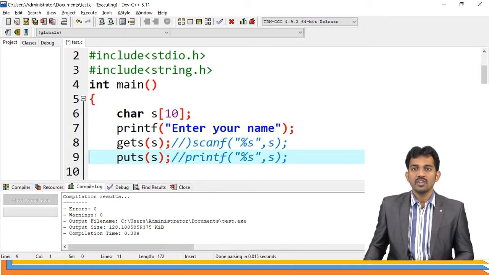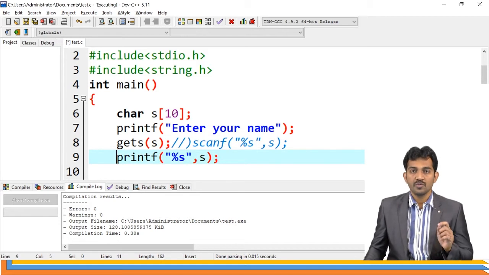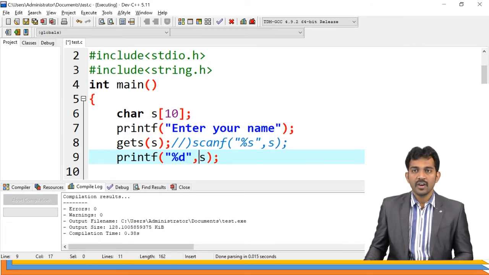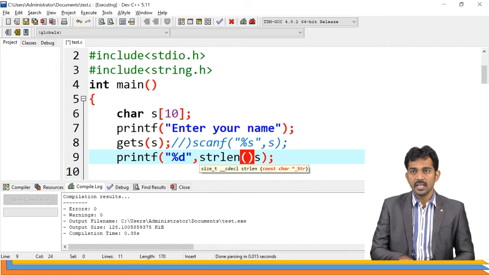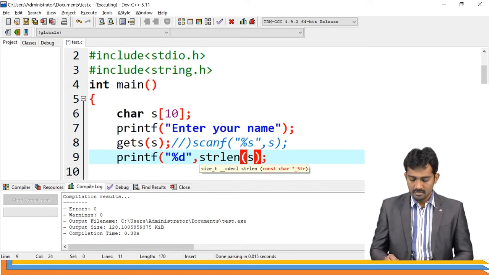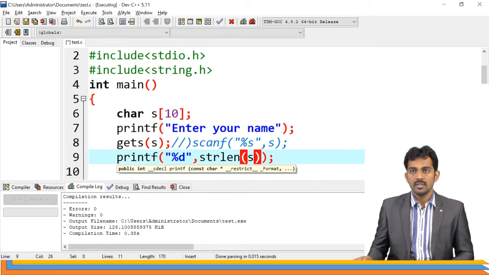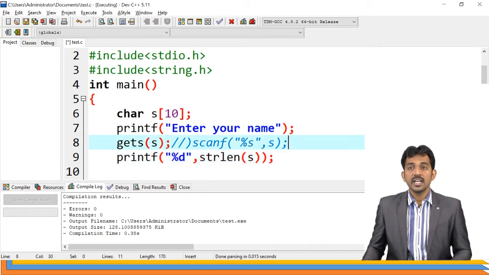If you want to print the length of the string, I should use printf, because puts is only used for string printing. My function name, as I just revealed, is strlen, string length.